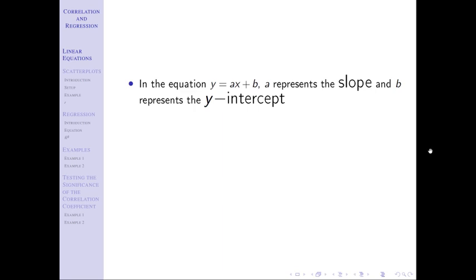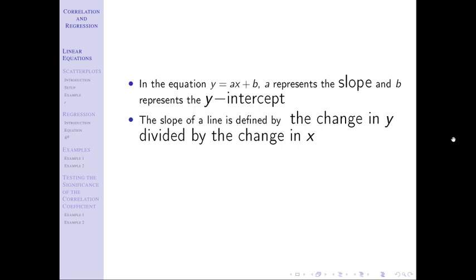And so then we go one step further and say what are slope and y-intercept. Slope is often thought of as rise over run, or change in y divided by change in x. Whereas the y-intercept is the value of y when it crosses the axis there at x equals 0. So that's your quick little algebra review.